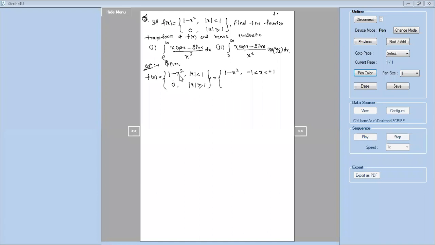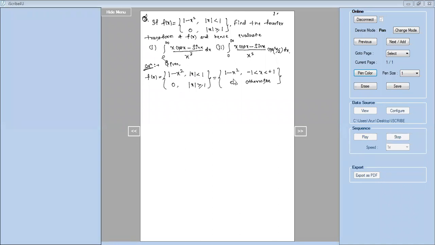The function is 1 minus x square, and you can observe that in all other limits, the value of the function was 0, that is, x greater than or equal to 1. So this indicates that the function exists only in this part. In all other cases, it is 0. So I'll write the function in this limit, minus 1 to plus 1, and in all other cases, I'll write 0 otherwise. Correct. So the given problem can be rewritten in this way. This is what we did in the last class also. This is a common procedure when we have mod x less than something or greater than something.